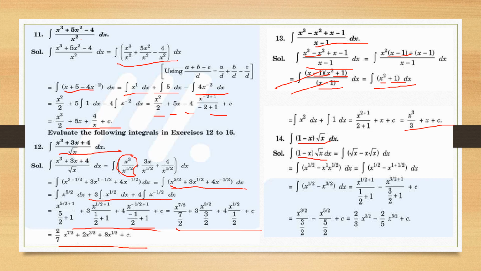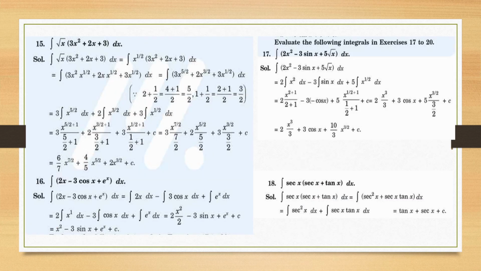So it is x raised to power half minus x into x half, that is x raised to power 3 by 2. Okay, now integrate, it is x half plus 1 upon half plus 1 minus x 3 by 2 plus 1 upon 3 by 2 plus 1. Now arrange the denominators, like it is 2 by 3 x raised to power 3 by 2 minus 2 by 5 x raised to power 5 by 2 plus c. So it is also a simple method, but one alternative method is also there, which is linear under root quadratic, that we will take later on.